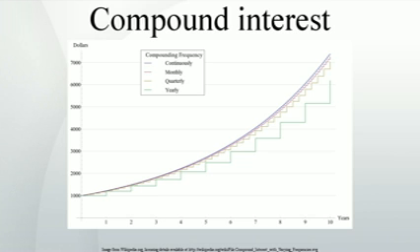Compound interest. A formula for calculating annual compound interest is as follows. Where S equals value after T periods, P equals principal amount, initial investment, J equals annual nominal interest rate, not reflecting the compounding, M equals number of times the interest is compounded per year, T equals number of years the money is borrowed for. As an example, suppose an amount of